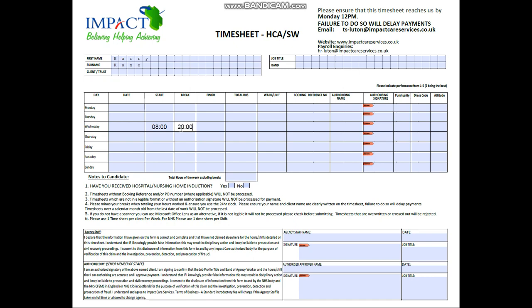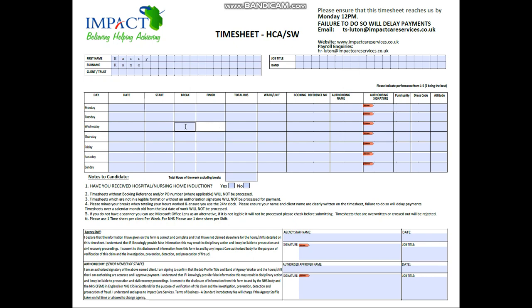Of course, you don't have to. You can literally do the same thing here for 8 p.m., like so. But we do recommend using the 24-hour clock as it keeps things simple and processes smoothly. Now, how it starts on these sections is your start and your finish will be 12 hours in the 8